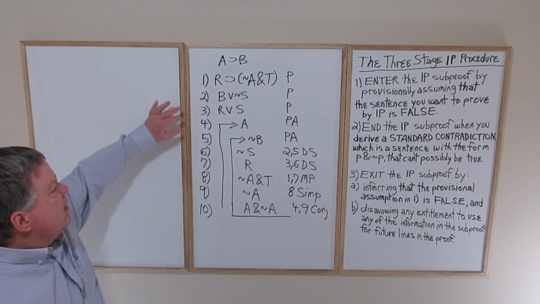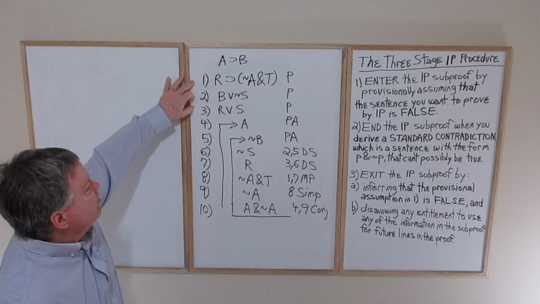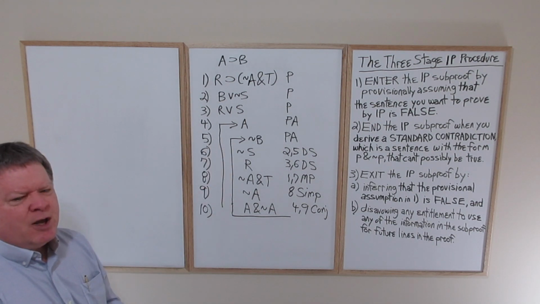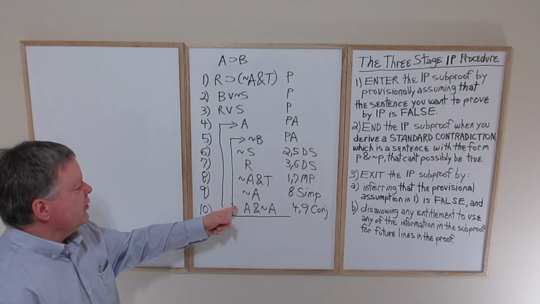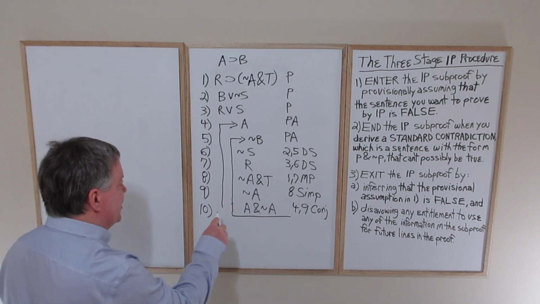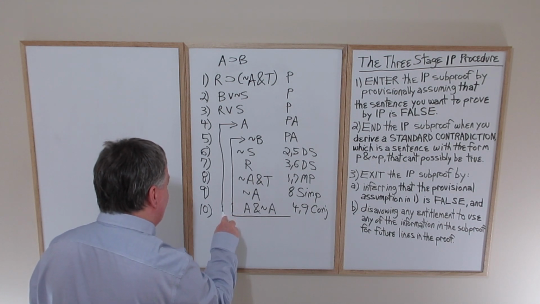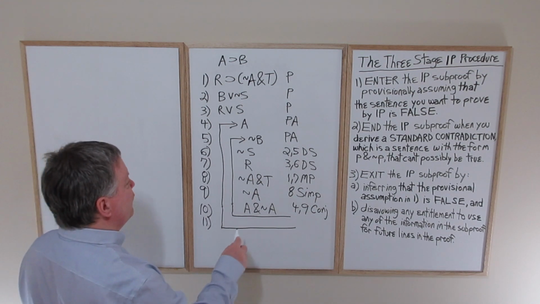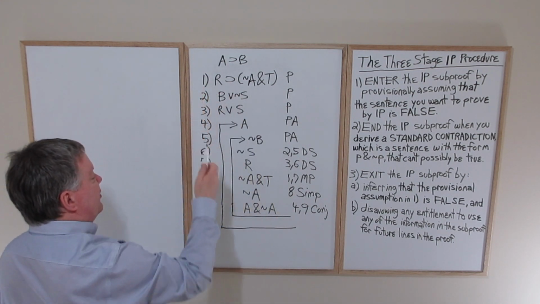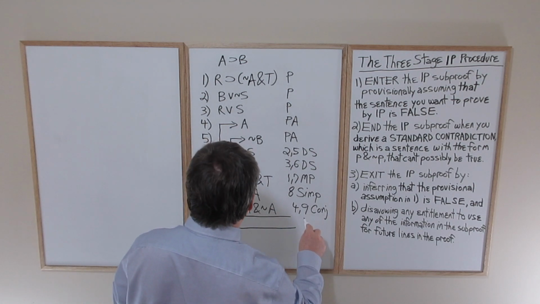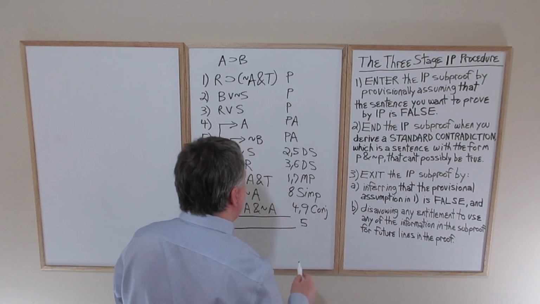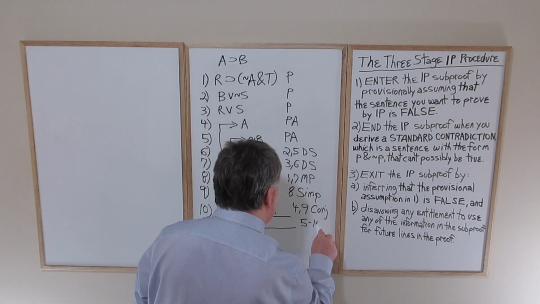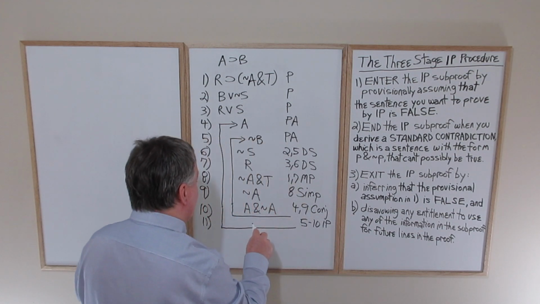So again, given that the original 3 premises are true, if A is true, then tilde B can't be true, because if it were, then the standard contradiction A and tilde A would have to be true. So that innermost subproof is a proof that if the original premises plus A are true, then tilde B can't be true, which means B must be true. 5 to 10 IP gives us